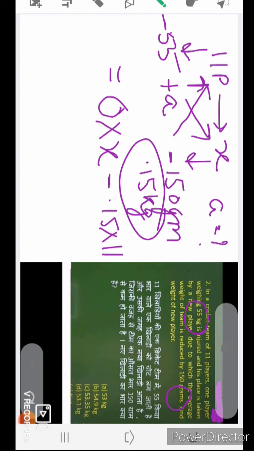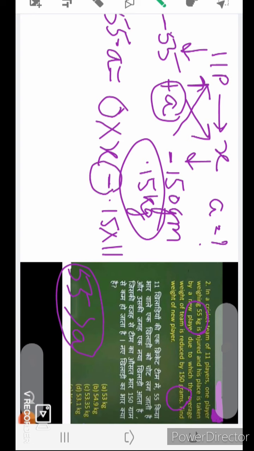Again I've told you, when the average is going to decrease, the inclusion part, that is A, is going to be lesser. It means that 55 is greater than A. Always remember this thing. So 55 is greater than A means 55 minus A. Remember this, 55 minus A. As I have told you, there is no use of this sign in the case of one inclusion and one exclusion. So always take this sign as a positive.